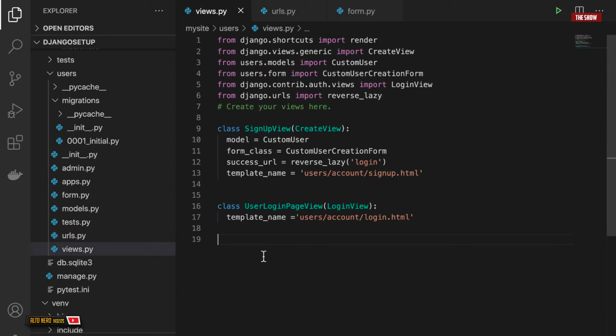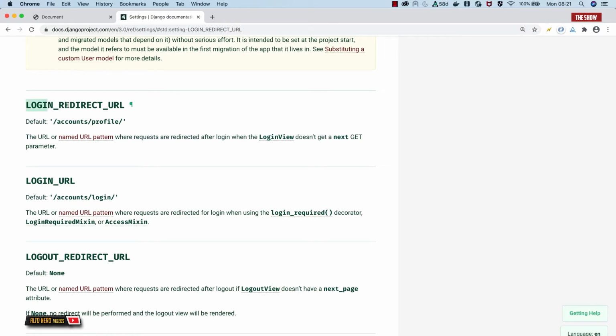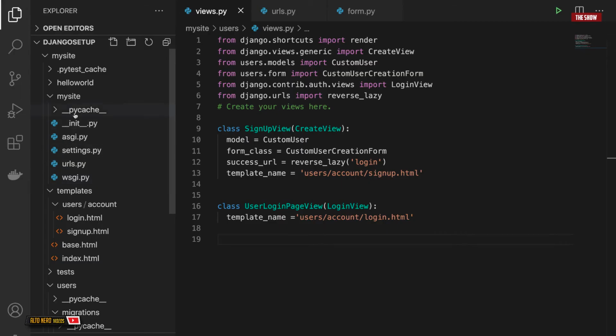Again, when a person is logged in Django, the person needs to be redirected to a page, and I need to tell Django where to redirect the person. If we look at the Django documentation, there's a LOGIN_REDIRECT_URL, and there's a LOGOUT_REDIRECT_URL. So when the person logs in, Django needs to know where to send the person. So I need to set this login redirect URL in our settings.py file. So I'll copy this and go to the settings.py file inside of our application, inside of my site,